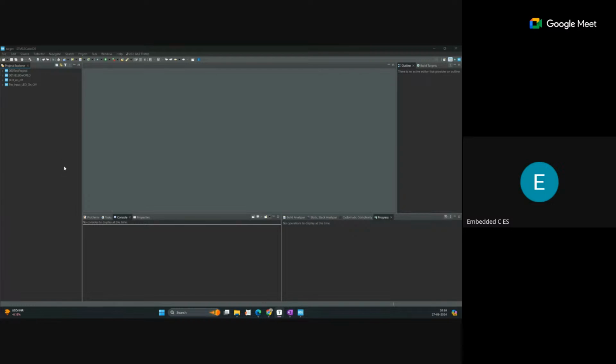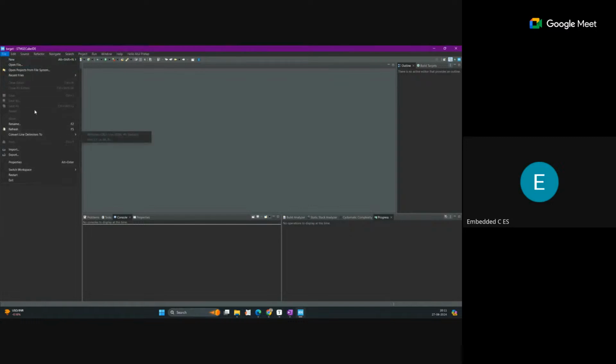This is simply an editor where we can write the code, and it is a very rich editor. You can also access the hardware memory, debug your code on the hardware, and access the registers of the hardware. There are lots of features this IDE contains. Today we will write a very basic code to blink the LED. Inside New, create the